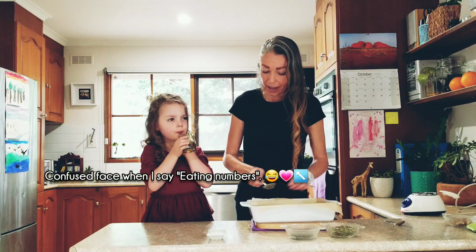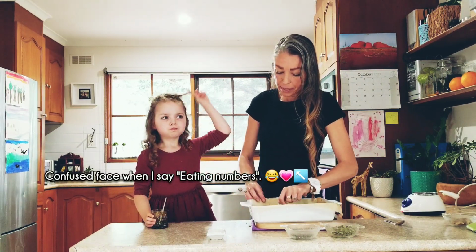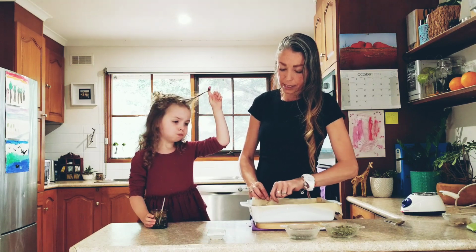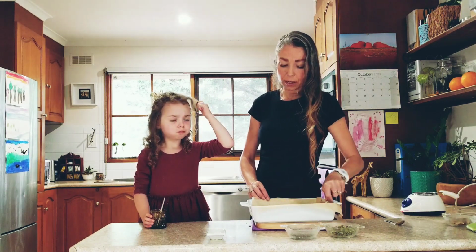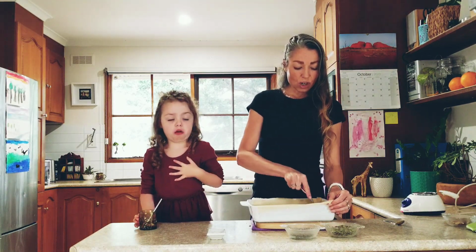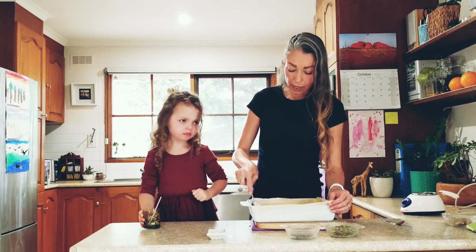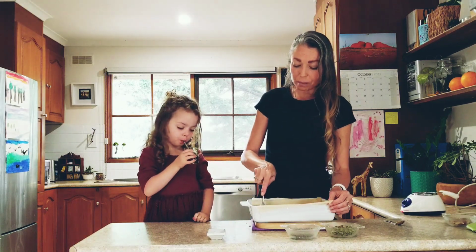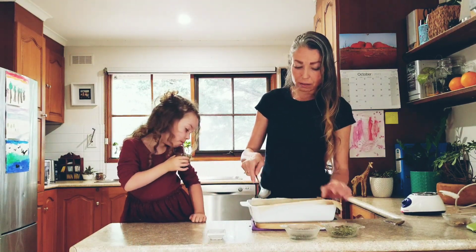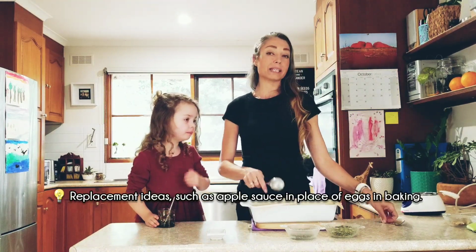Do you know what I mean by that? They call certain additives by numbers, and so you read the ingredients and it might say 621 or something. 621 is MSG or something, I think. Cochineal, I don't know. I used to know them all off by heart, but now because I'm not really buying anything with numbers in it anyway, I don't really need to. Still want to do a replacement video, like,